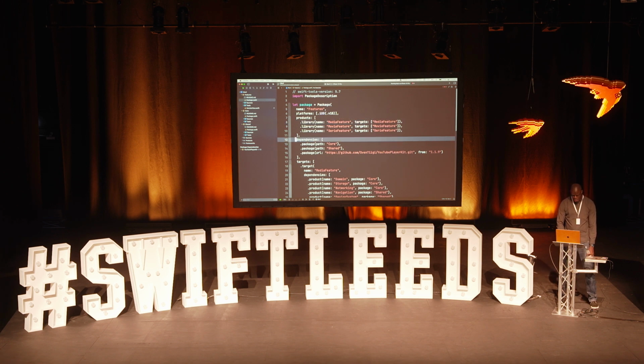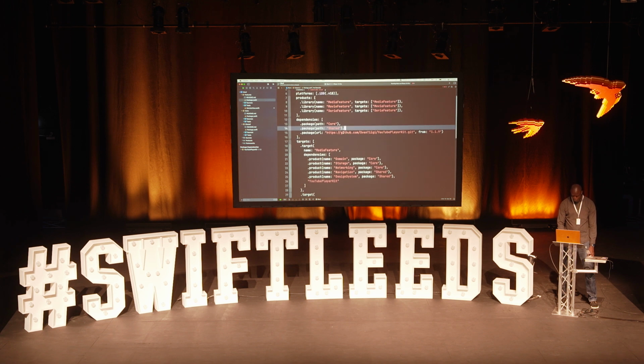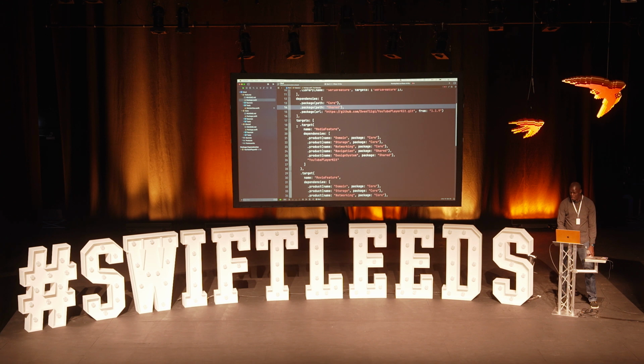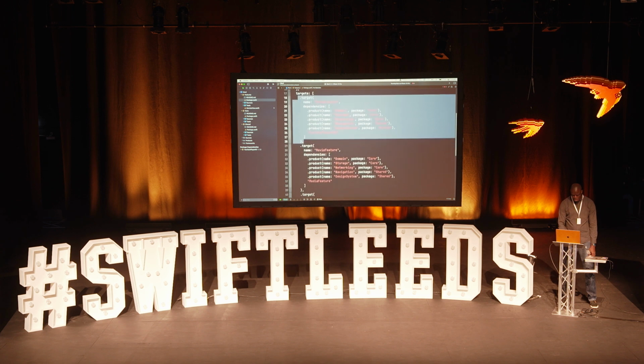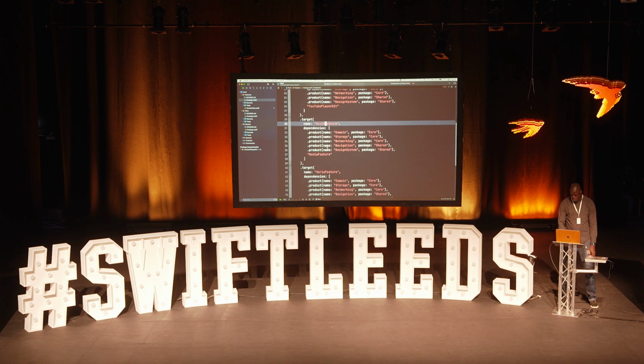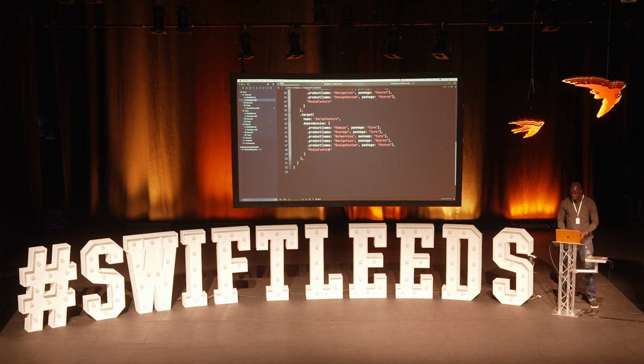We define the dependency, okay, that we are going to need for this feature. And we define the target. Like I said, we can have multiple targets in one package, okay? So here I define 3 targets: media feature, movie feature with its dependency, and series feature with its dependency as well,